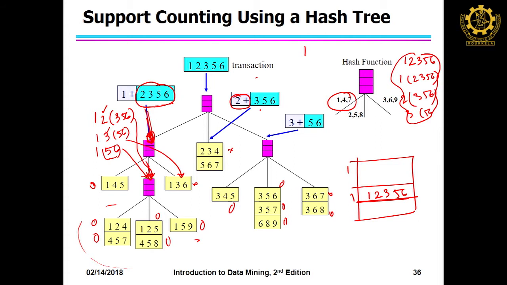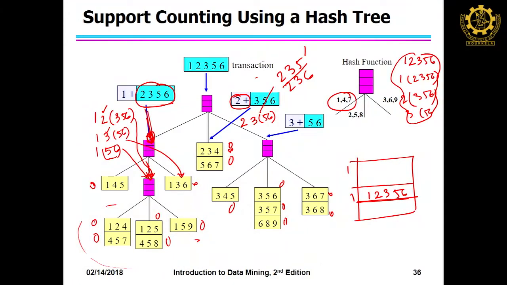So, what will be the combination from here? You get 2, 3 and 5, 6. So, from 5, 6 you can generate 2, 3, 5, another is 2, 3, 6. So, these are the item sets you got from the transaction. Now, you match here 2, 3, 5 is not there, 2, 3, 6 is not there. So, it remains 0 here. So, there is no increment of this frequent item set. Why is 2, 3, 5 not there? Because its corresponding subset was infrequent.